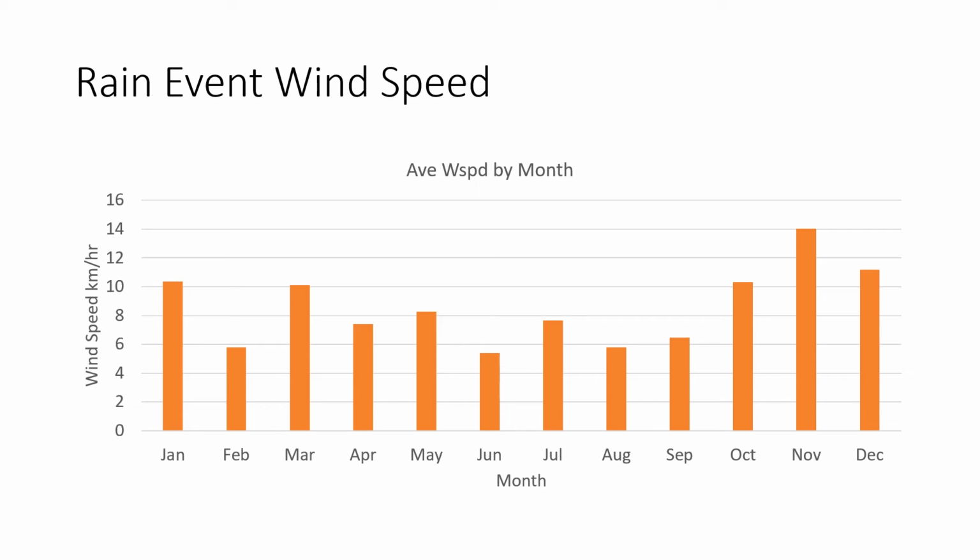We can see that wind speeds during some of the summer months, June through August and September even, are a bit slower than during some of the other months. This potentially means that with slower wind speeds, systems with rain may be moving just a bit slower, allowing for a little more pollution deposition during some of those months than during some of the non-summer months.